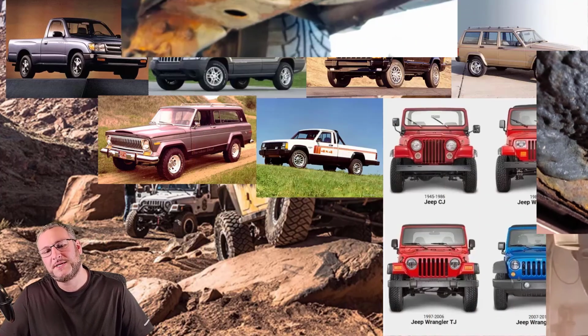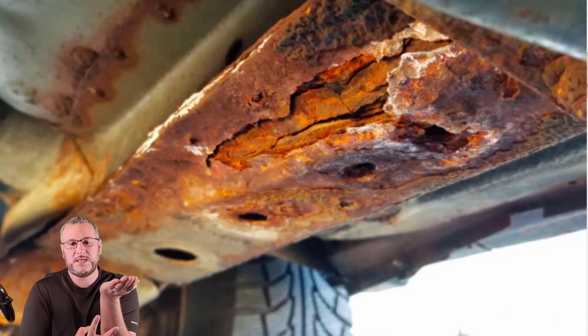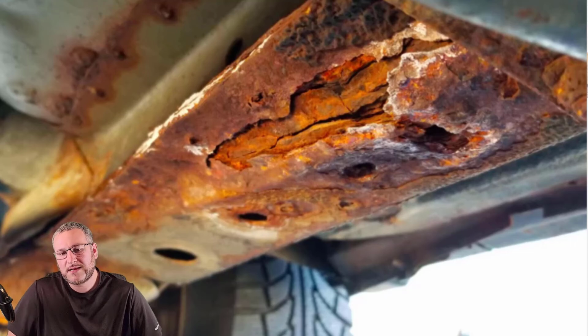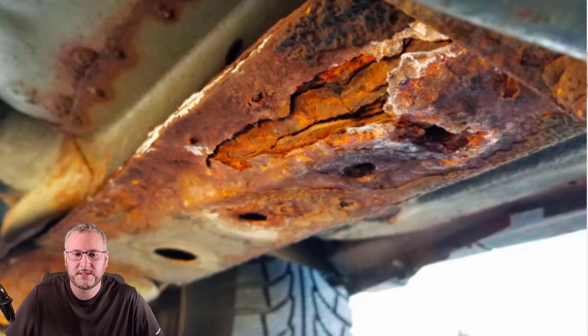And pay close attention to the area where the transmission cross member holds up the transmission, and there's 2 bolts on each side. A lot of times those rot out, and you really can't work with them, and you end up having to do some surgery to be able to use a new cross member. So with that being said,